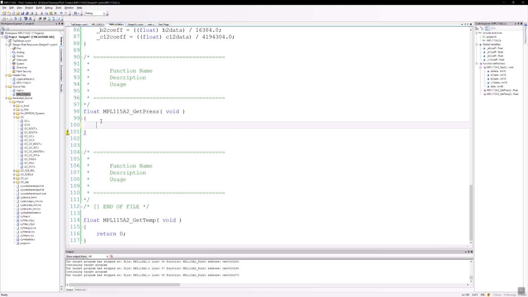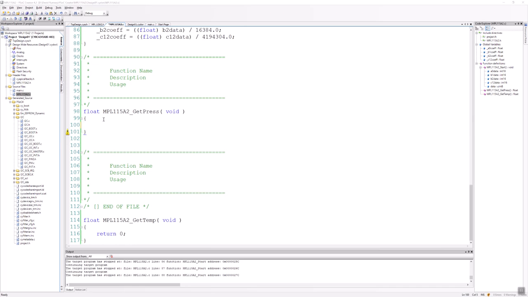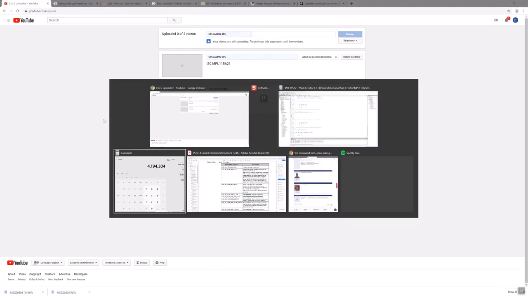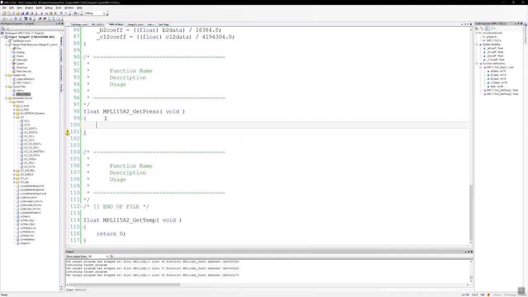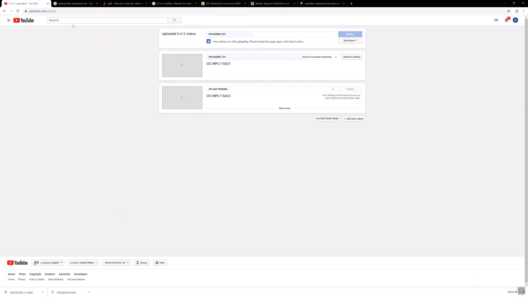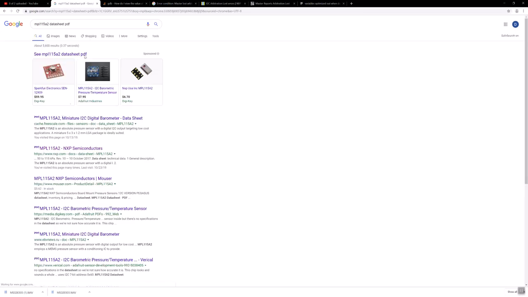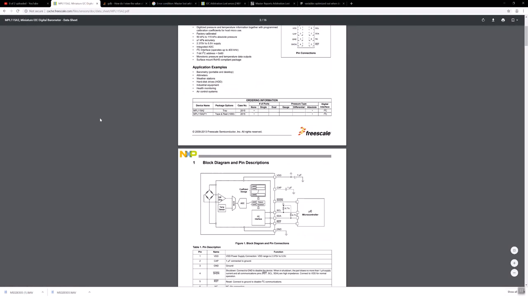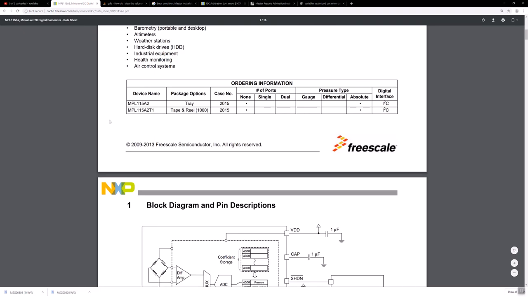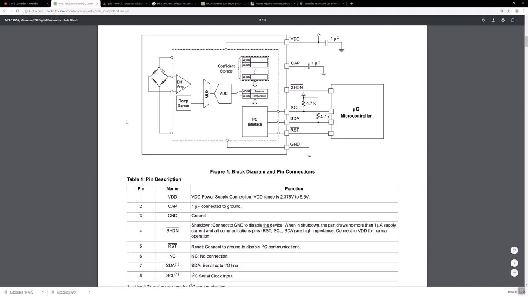This one's not going to be too difficult, but it's going to be very similar. It's actually going to be a lot easier than the other one. So let's go back to the data sheet. Actually, the data sheet is right here. I went to YouTube and started uploading videos and killed my data sheet. Okay, so going back to the data sheet,